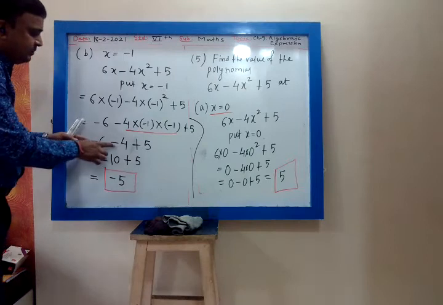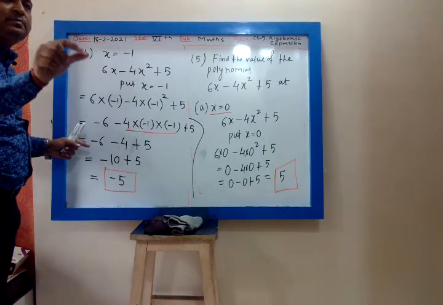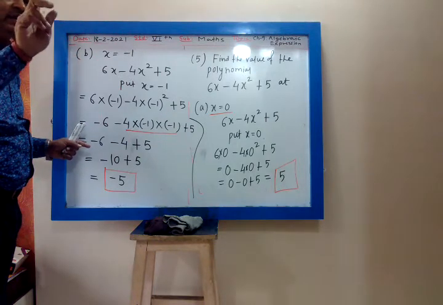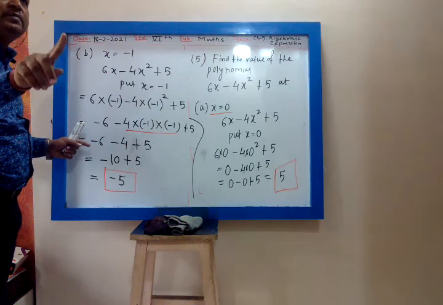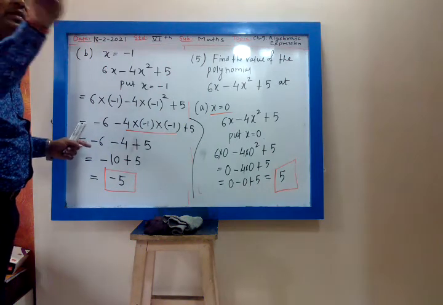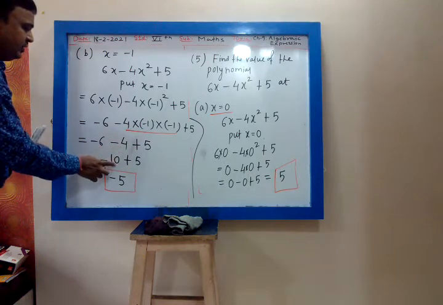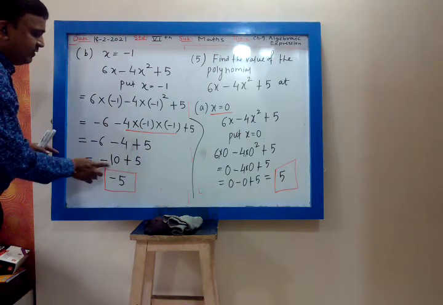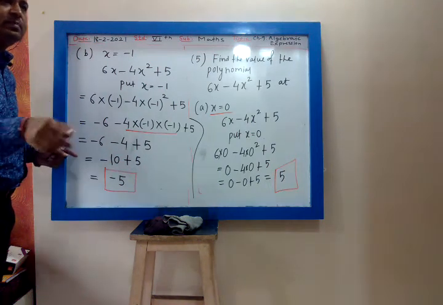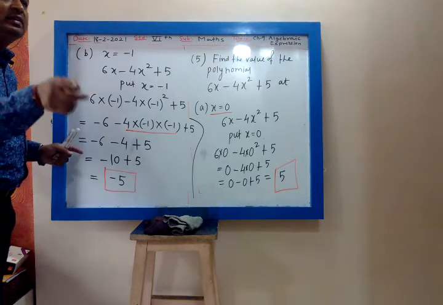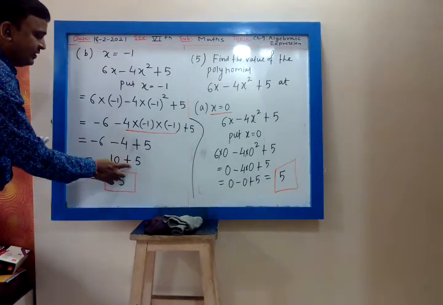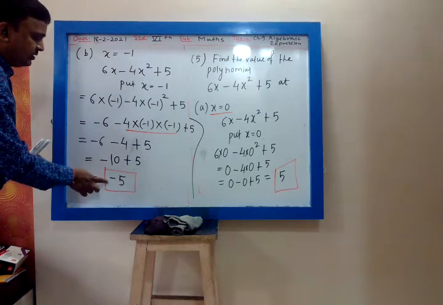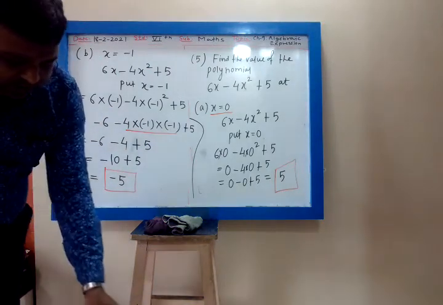My dear, minus 6 and minus 4, they have same sign, minus, plus. Whenever they have same sign in integer, I have taught you, you have to add the number and take the common sign. So 6 plus 4, 10. What is the common sign? Minus. Then minus and plus, they have opposite sign. Whenever they have opposite sign, you have to subtract smaller number from bigger number and take the sign of bigger number. So minus and plus, subtract. 10 minus 5, 5. Which number is bigger? 10. What is sign of that? Minus. So answer is minus 5.